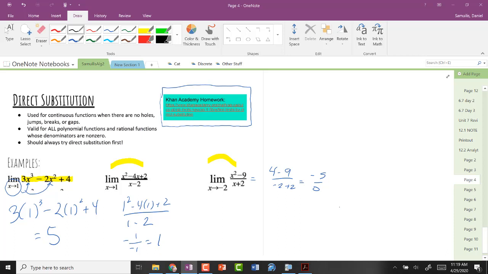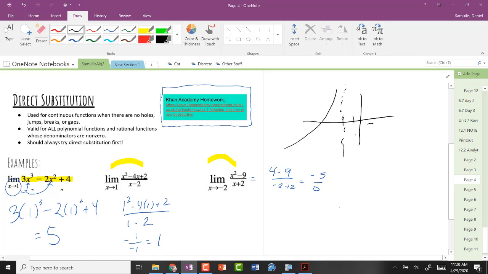All right, now I will tell you that this one actually does not exist itself. Okay, the limit does not exist. If you took a look at the graph, I think the graph goes like this. So as you're approaching it from the left and approaching it from the right, they're headed in different directions. So this limit does not exist. I am going to come back to this one in a second though, because that brings us to the next